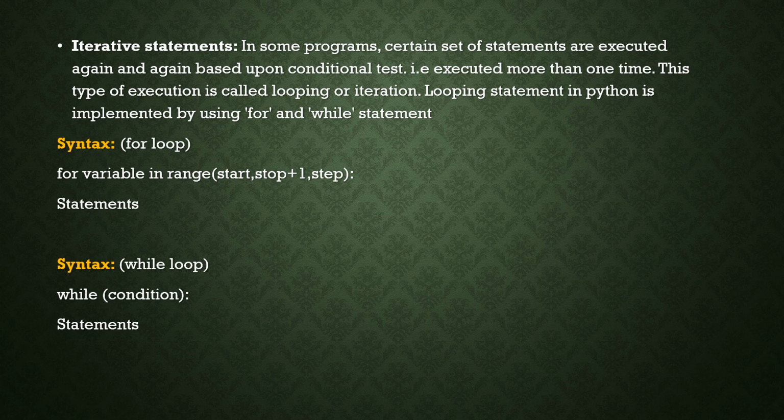Then the syntax for the while statement. While some condition, here also we need to specify the colon. So the colon indicates the end of that while statement, not the full statement, not the while looping construct. And then we have to specify the statements itself, and the statement should be inserted in the next line immediately after a horizontal tab. Okay, these are about iterative statements in Python programming concept. And we'll see you in the next session.